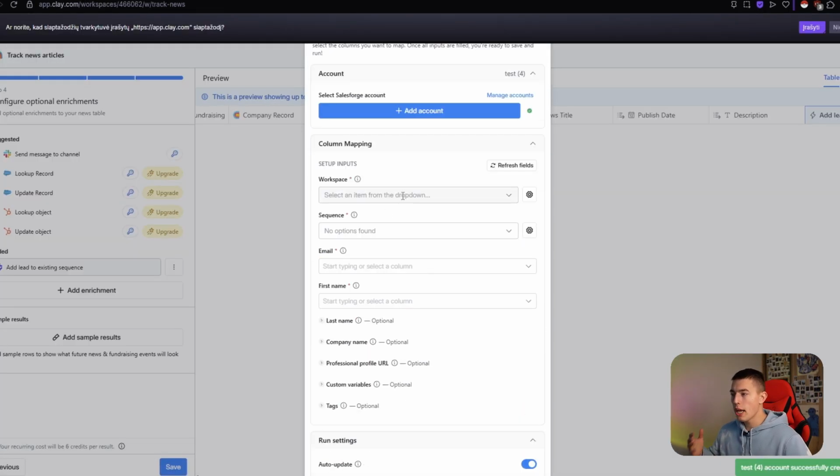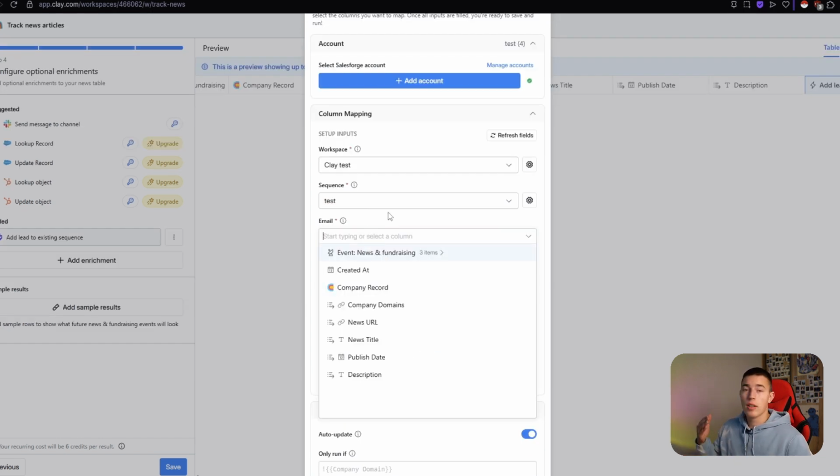Now you'll be able to actually select the workspace you want to send the leads to, basically any leads after fundraising, right, that Clay finds. Select a sequence you want to push those leads to, map the data like email, company name, lead name, whatever it is,